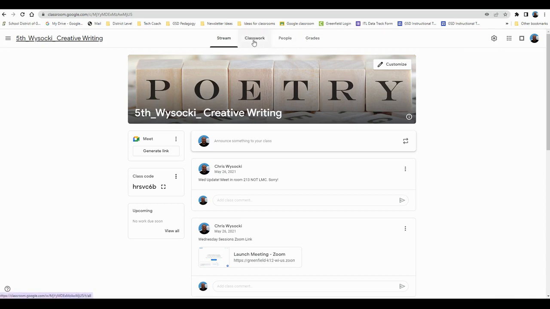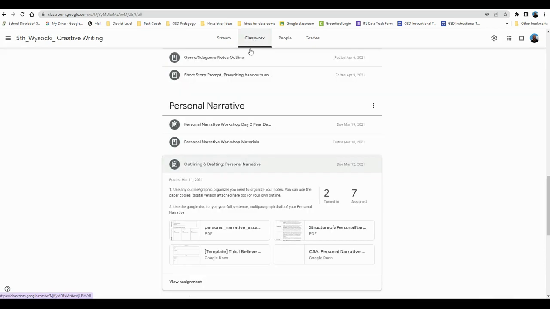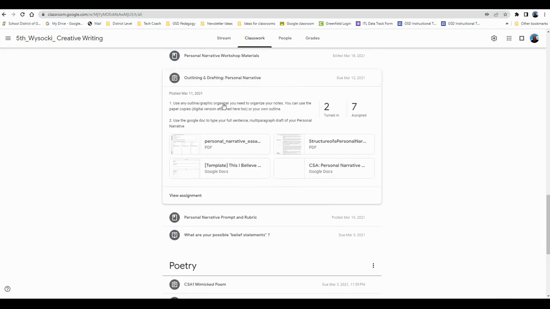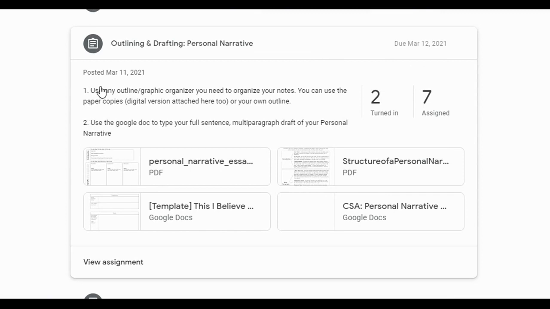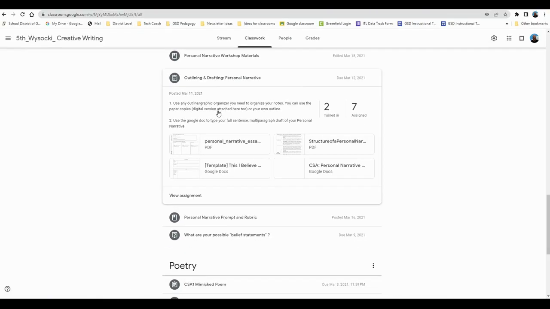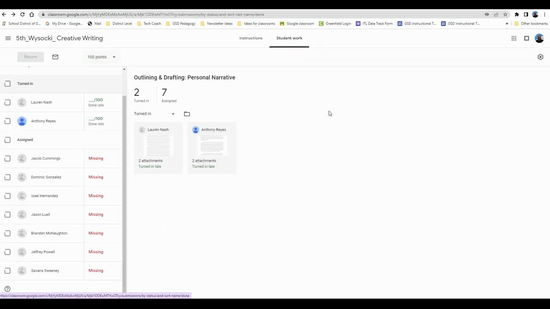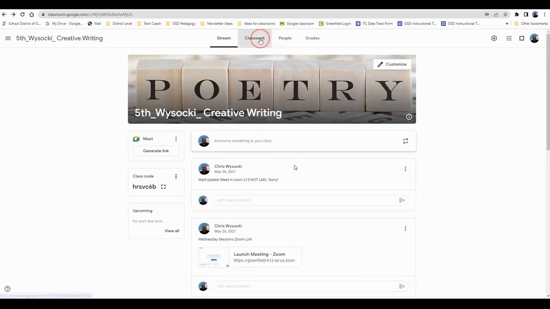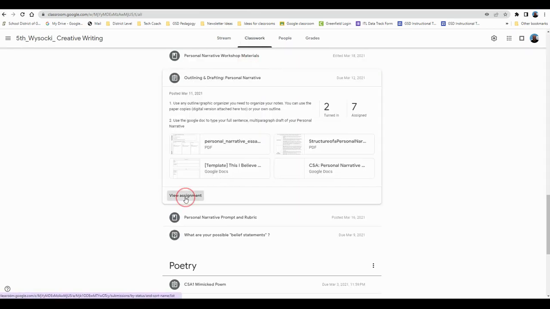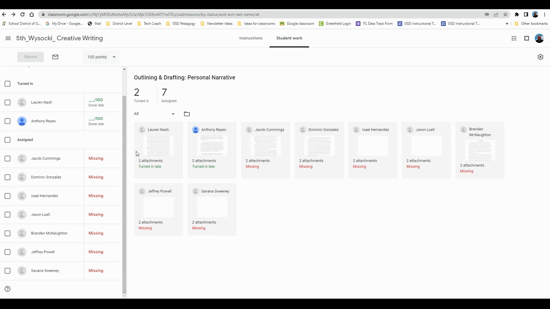In your Google Classroom, go to Classwork and then scroll to find the assignment that you want to grade. Let's pretend that this is the 5 key learnings assignment. You can see what you've written, anything you've attached, how many students have turned it in. If we click on the assignment, or click View Assignment, you'll now see a dashboard of